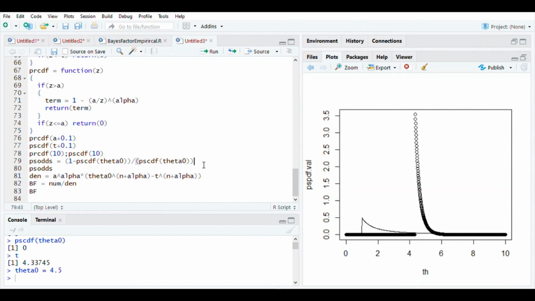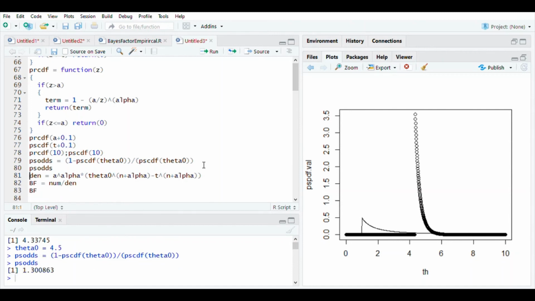What is the meaning of getting the posterior probability of H1 to be equal to 0? There is no question of H1. A posteriori, if a particular hypothesis is carrying 0 probability, it means that hypothesis is out of question. Then what remains is only the other hypothesis, which is H naught. So if this happens, then you should declare that H naught is accepted. Now I have purposely changed the value of theta naught here, so the posterior odds I have computed.